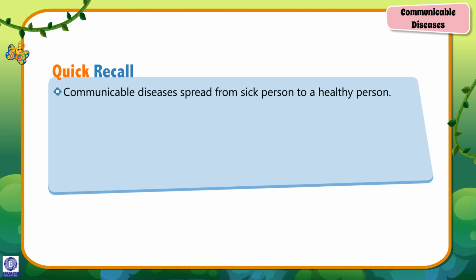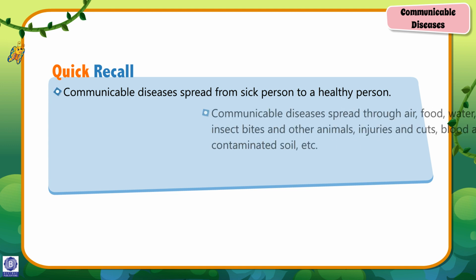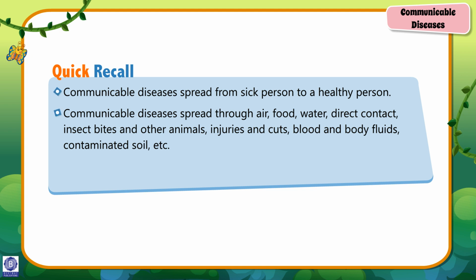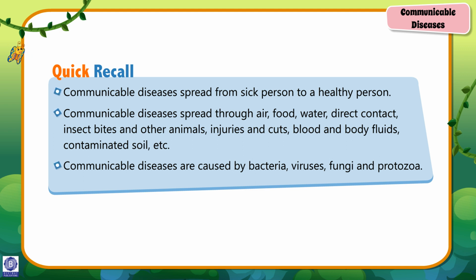Quick recall: communicable diseases spread from a sick person to a healthy person. Communicable diseases spread through air, food, water, direct contact, insect bites and bites of other animals, injuries and cuts, blood and body fluids, contaminated soil, etc. Communicable diseases are caused by bacteria, viruses, fungi and